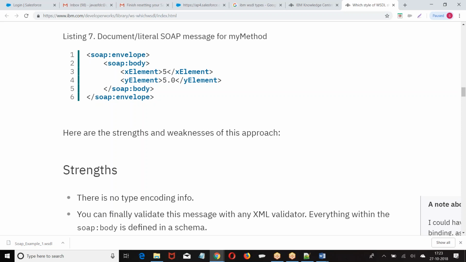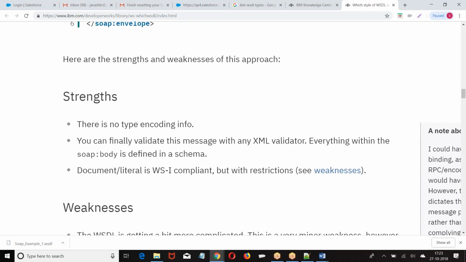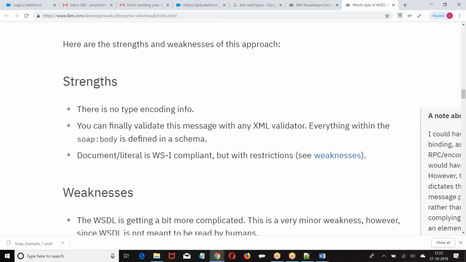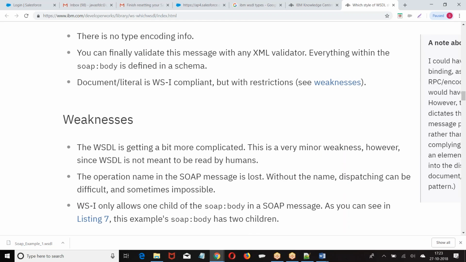But it has an advantage. We can apply the limits, the validation, the formats, the structures. Validation and formatting will be very easy here. Look at this, the XML validator is very easy here. But what is the weakness? It is not straight away.